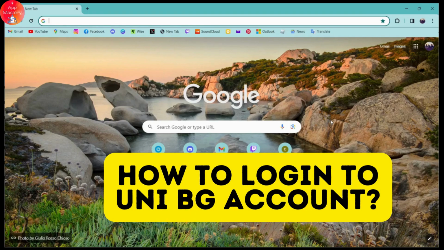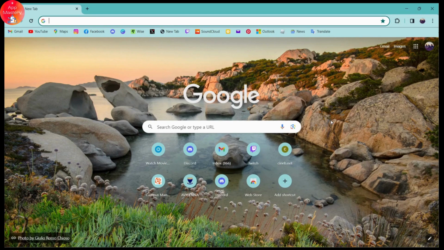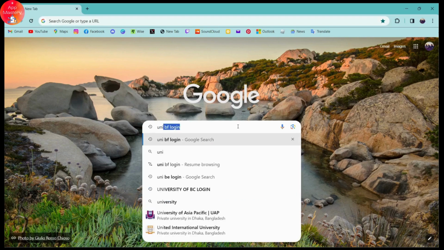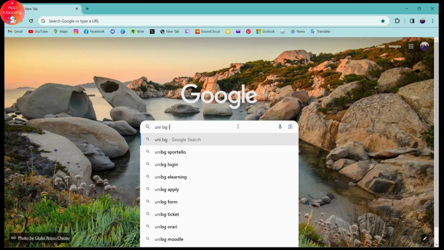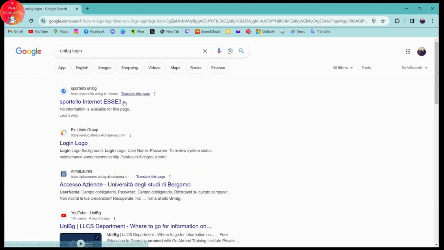How to log in to UniBg account. So if you want to log into UniBg account, then first you need to open up a browser, any browser that you're comfortable with. And I'm here with Chrome browser. Simply go for the search bar and search for UniBg login. And once you have searched, now you can simply go for the first search, which will be unibg.it